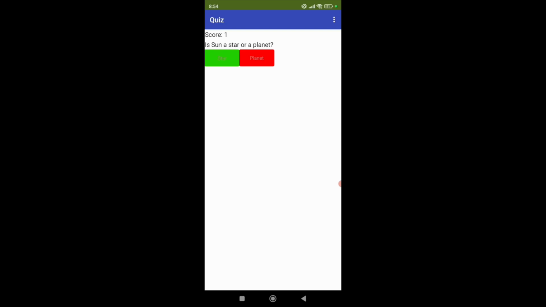Okay, so the score is 0 as shown in the beginning. Now I'm going to click on the right answer. There, the score increased by 1, and now I can't click again and again, because if you remember, we had disabled the buttons. So once there is answer, it is answered, the user cannot answer again and